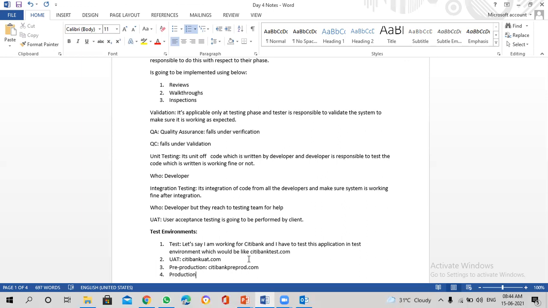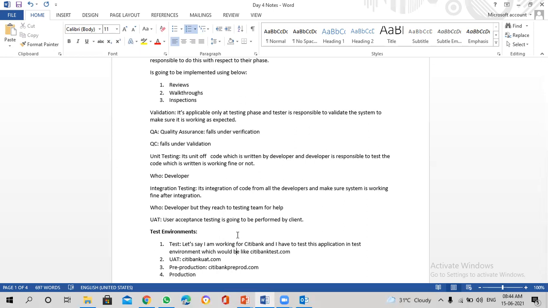And for the second one and third one, the same thing is applicable. Like you go for EMEA and AMER, it will have separate environments, and again your URL will change. Citibank.apac.com, Citibank EMEA.com, like that. Okay. Citibank AMER.com. It just changes based on whatever region you are using. I'm just giving these standard environments which are applicable for almost all the projects.